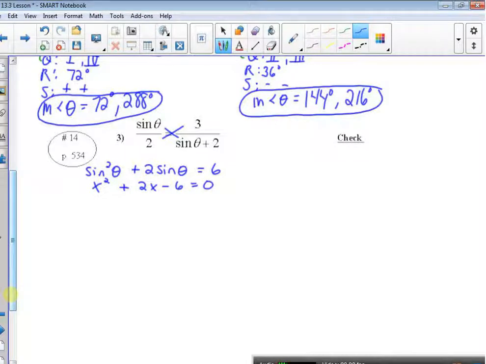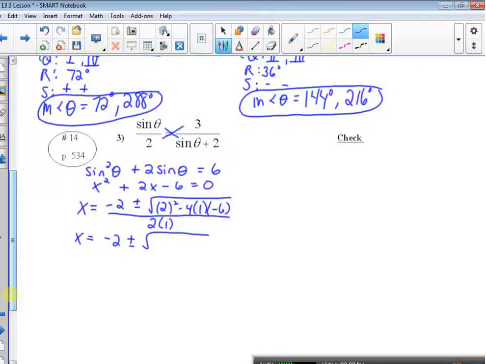And so, again, doesn't factor. So x equals negative b plus or minus square root b squared minus 4ac all over 2a. So x is negative 2 plus or minus, that's 4 plus 24, 28,